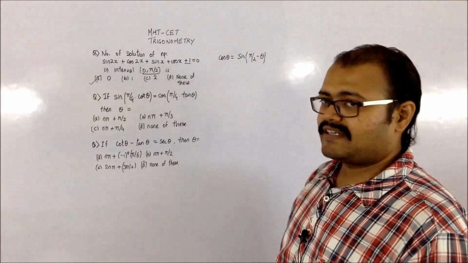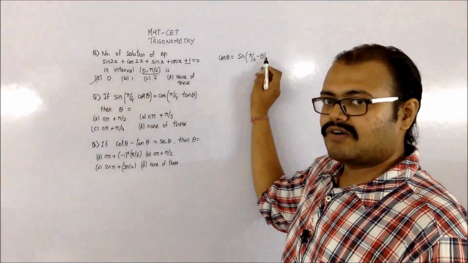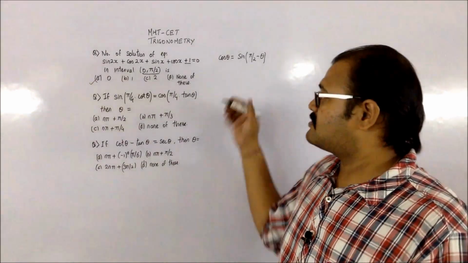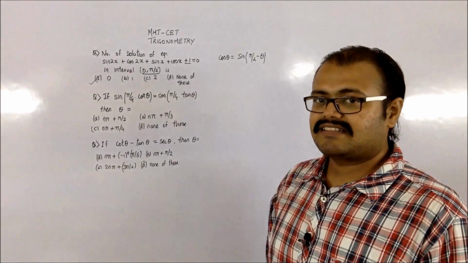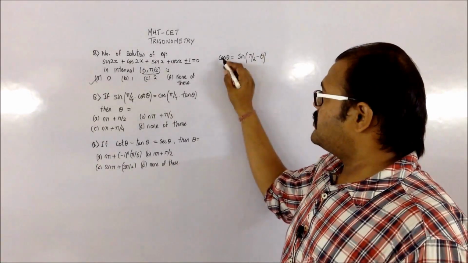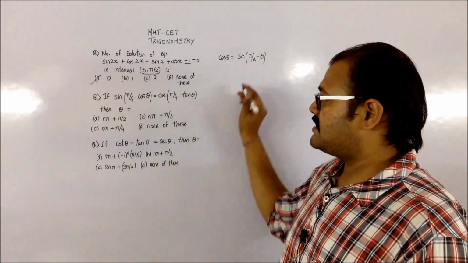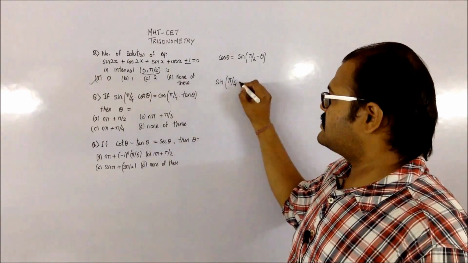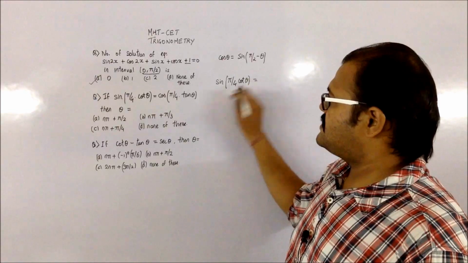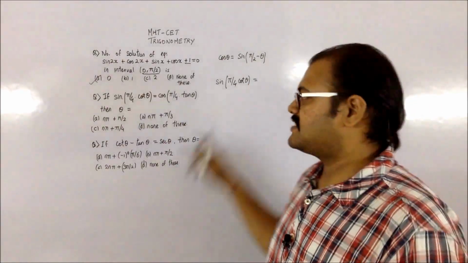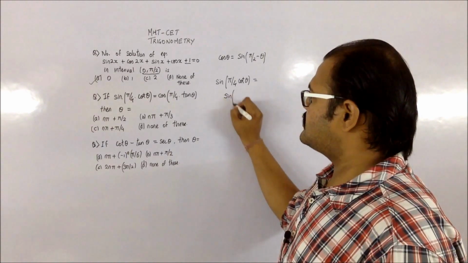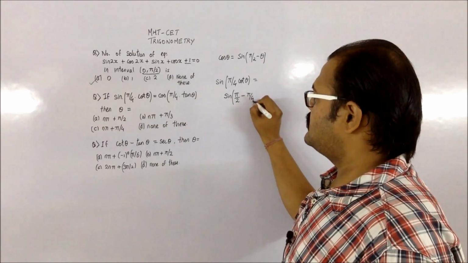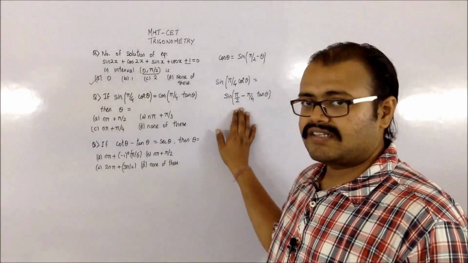If I expand this particular formula, I am going to get sin pi by 2 cos theta. Sin pi by 2 is going to be 1 and cos theta is cos theta itself, so you are getting the right answer. So you will be using this allied angle formula for this case. You will keep the sin on this side as it is, and change the cos of this to sin using the allied formula. So you will use sin of pi by 2 minus theta, where theta in this case is pi by 4 tan theta. So you have got this particular equation.